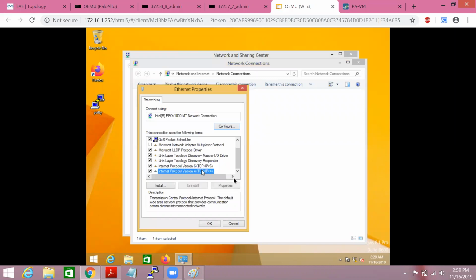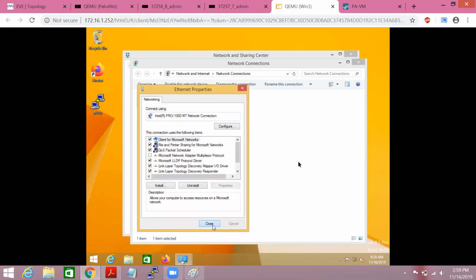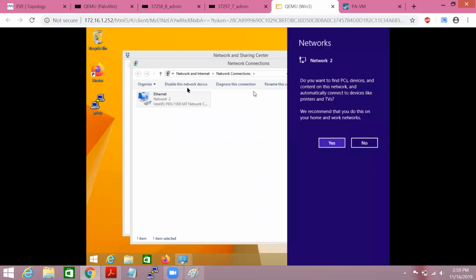Properties, IP version 4, 10.1.1.2, and public DNS I can give. Gateway would be the interface IP address of the firewall. So you just have to click OK. Okay, again, close. So you can check, you just get the network.